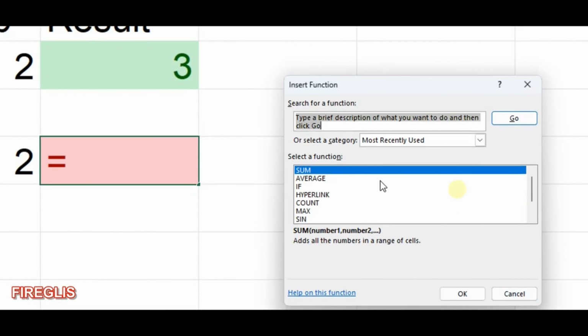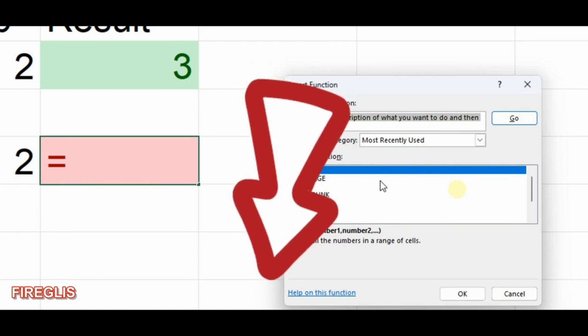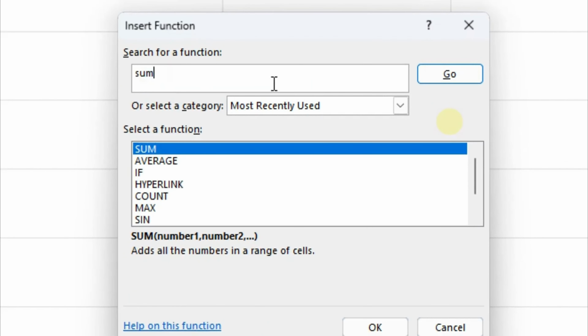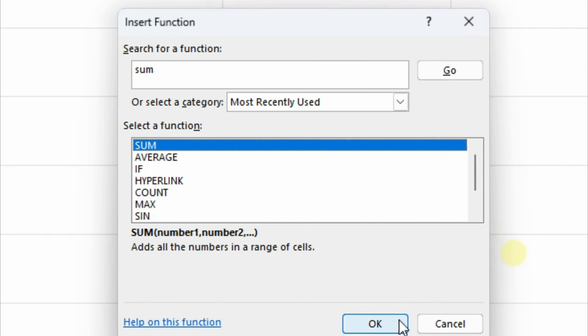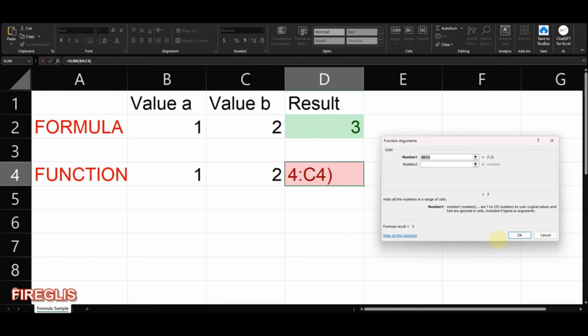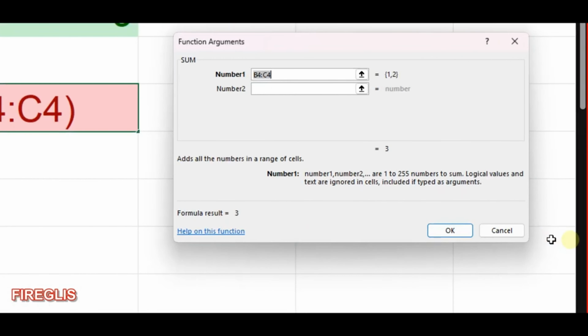This will open this window where you can search the operation that you want to do or the function that you want to apply. In the description below, you have a list with the top 50 most used functions in Excel. Now, let's continue with our function and choose SUM from the list. This function window will appear, and for SUM we can either select the range that we want to calculate or